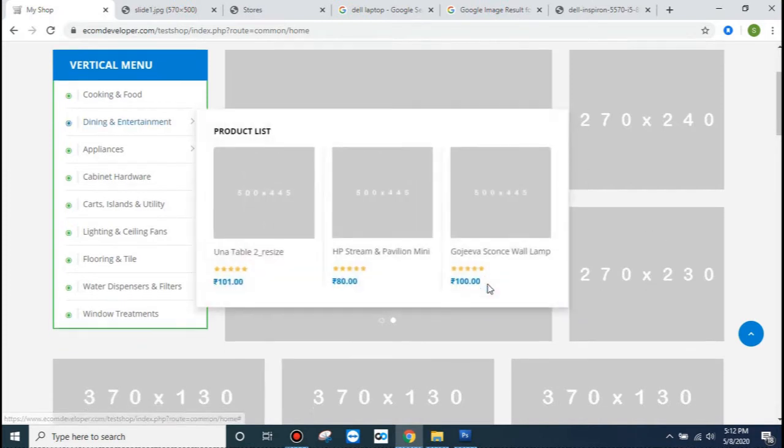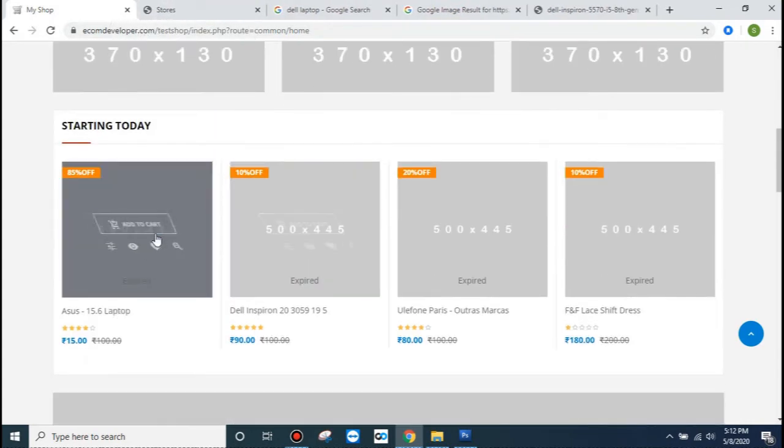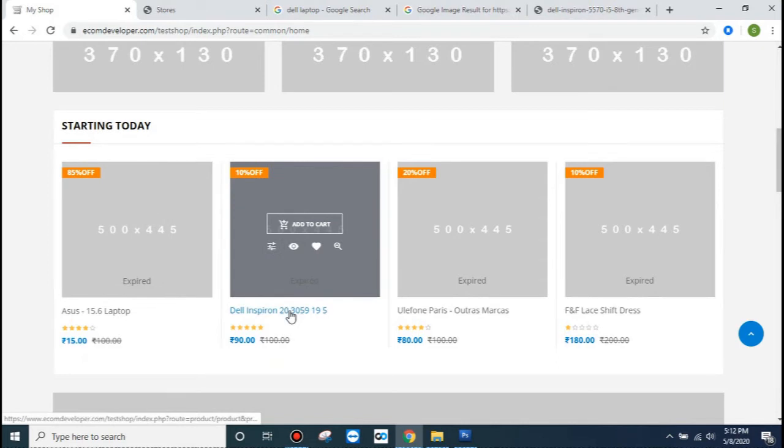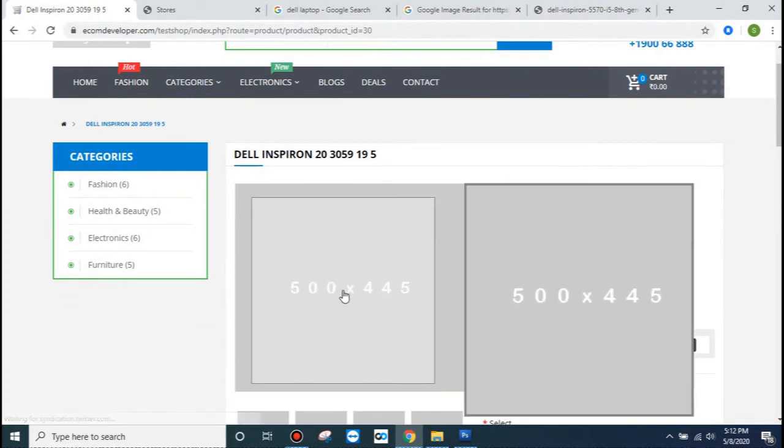Now I will show you how you can build this image from Photoshop. Let's take an example of product images. I'm clicking over here, and this is the product page, and click here.